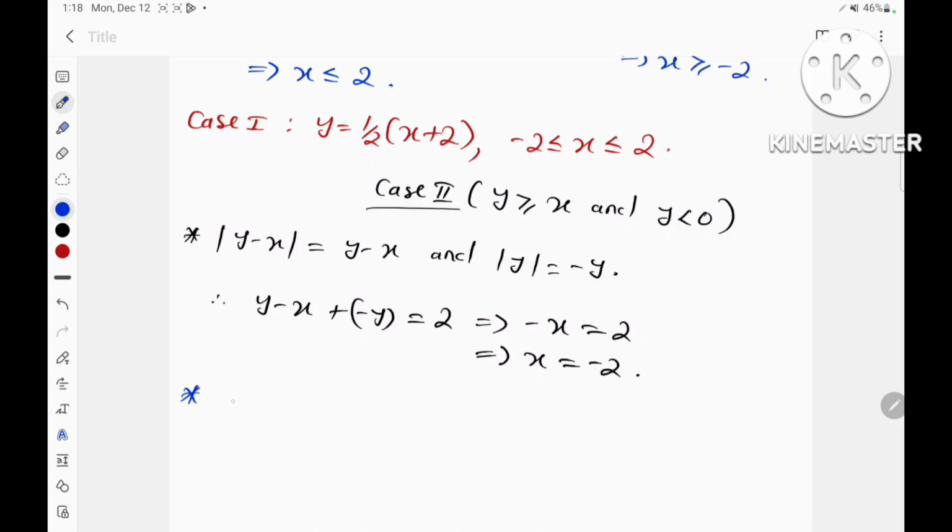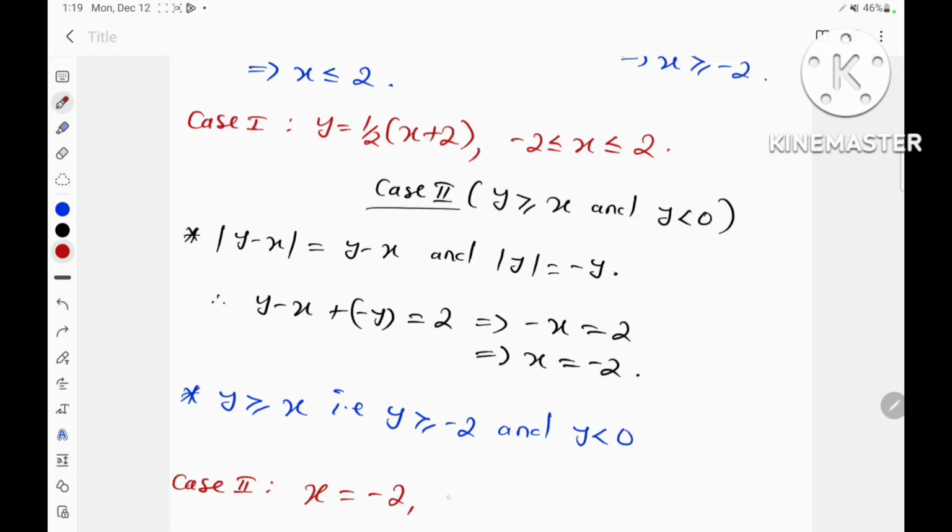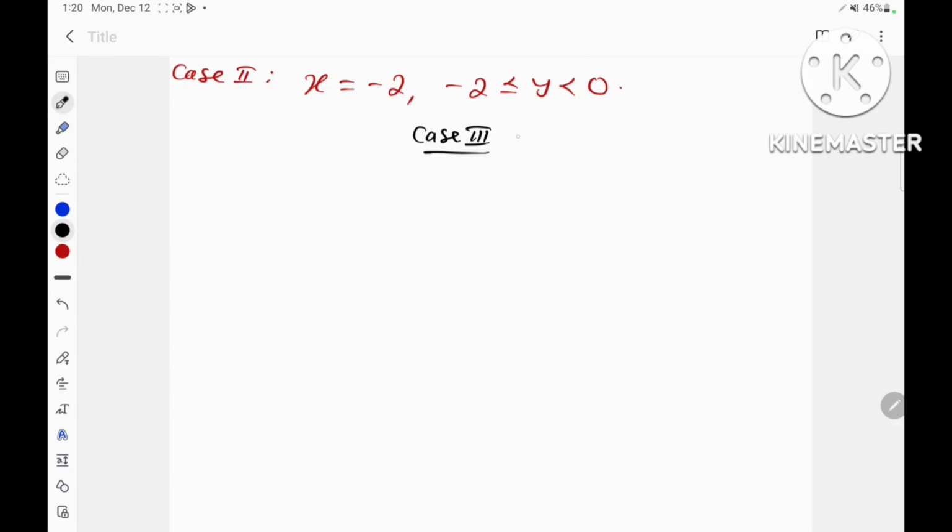Now recall that y is greater than or equal to x, that is, y is greater than or equal to negative 2, and that y is less than 0. And so from case 2, we can see that x is equal to negative 2, and this holds for negative 2 less than or equal to y, and this is strictly less than 0. Now let's take case 3. That is, y is less than x,